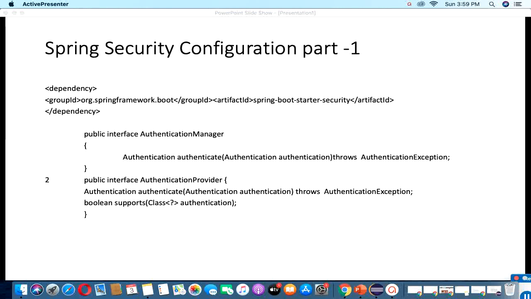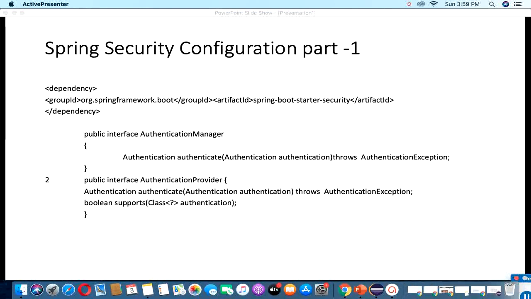This means that each and every request we submit from the URL will automatically call the authenticate method, and we can override this method according to our requirement. But if we do not override anything, then it will automatically call the authenticate method. So each and every request hit from any browser will call this authenticate method and check the user-inputted information, meaning the credentials.